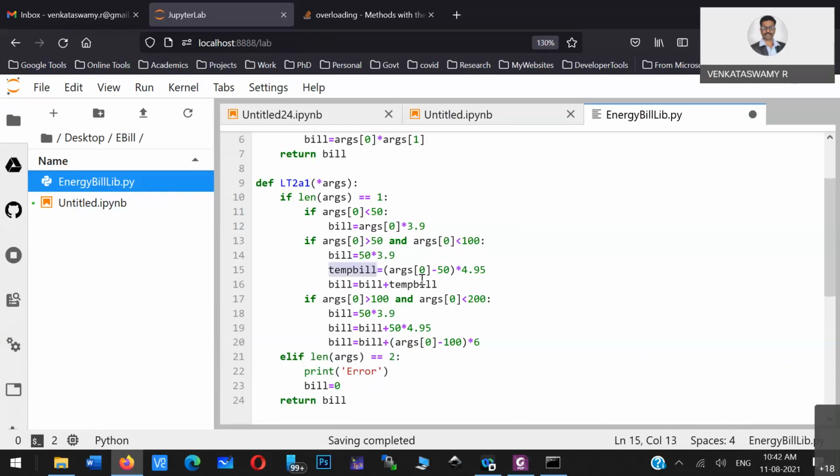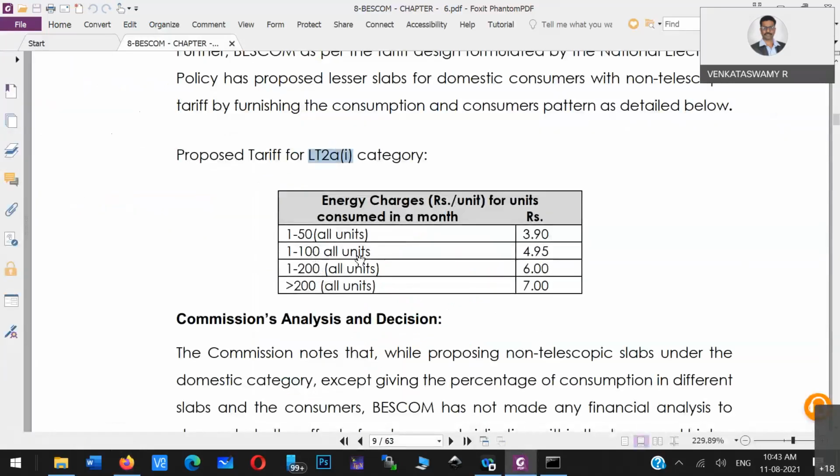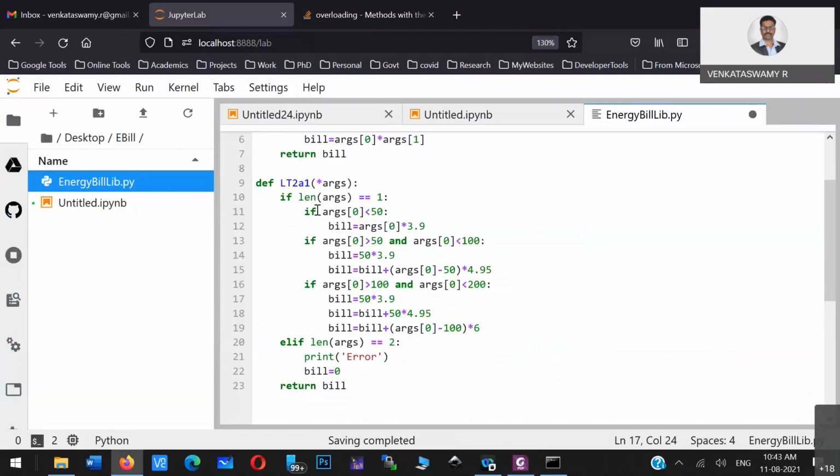So here also we don't require this additional thing. You can embed this particular thing in place of this temporary bill and avoid one variable. That's it. So this is for the second block, and the first block is straightforward.